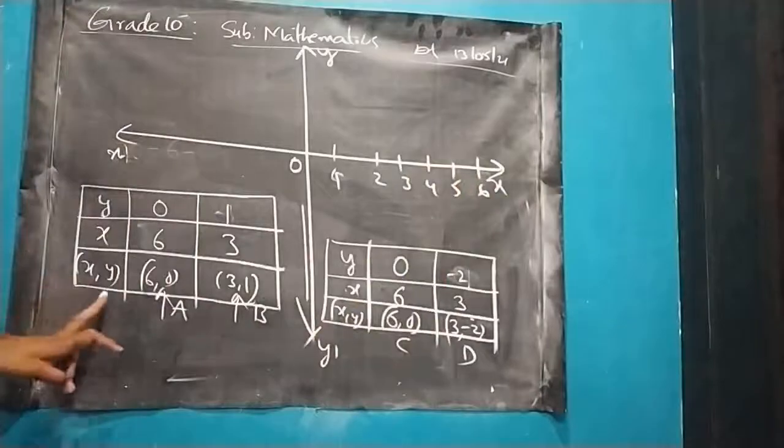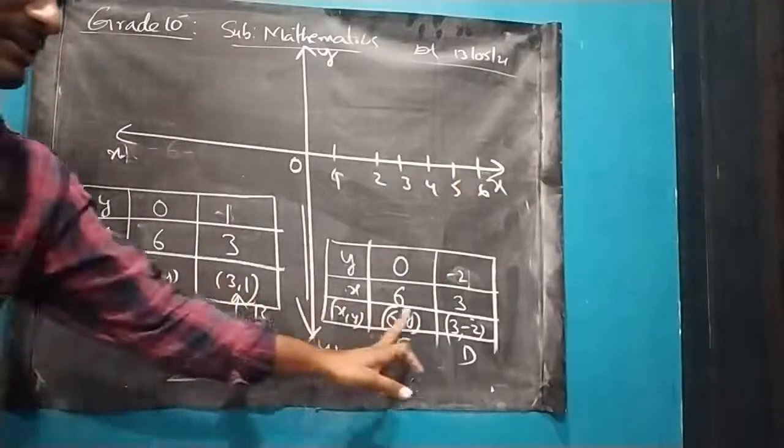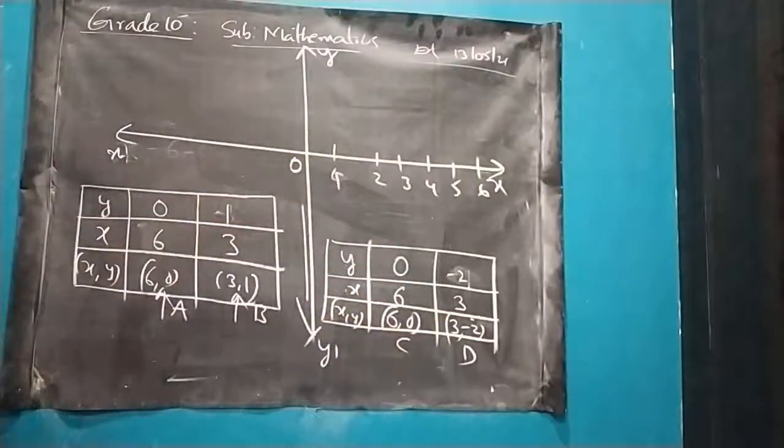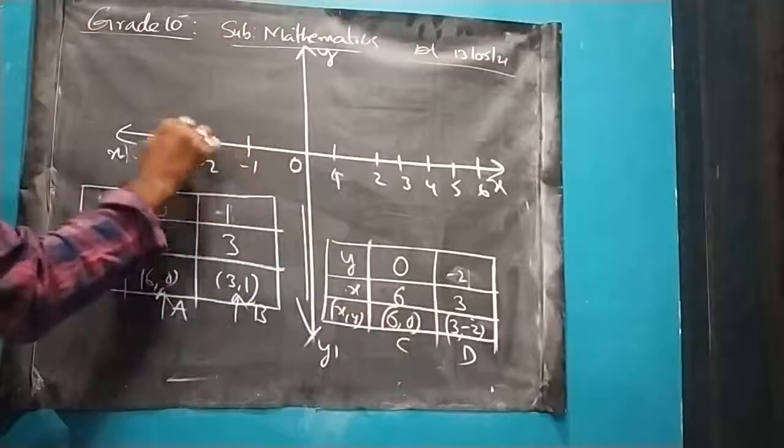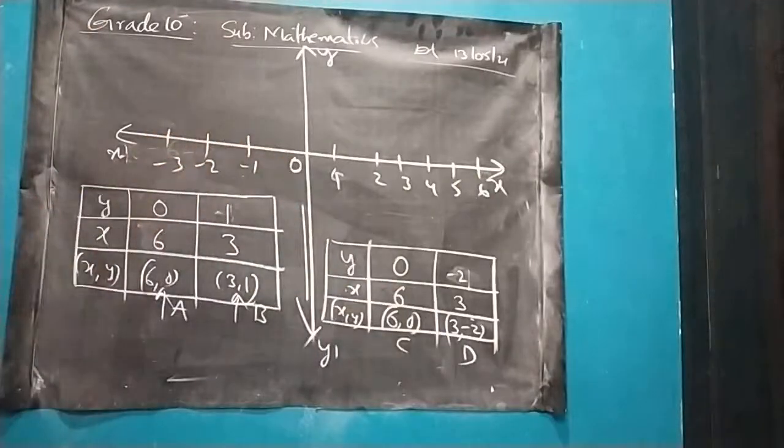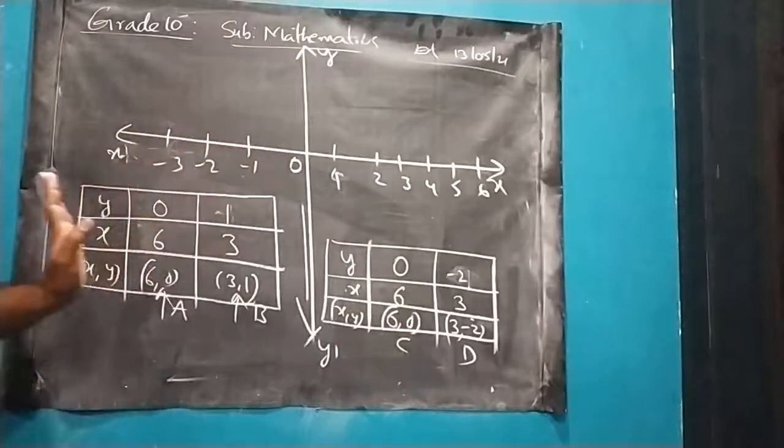So this numbering is also very important. Whatever has the highest value, that we have to plot. Now, are there any negative x values? No. So we can plot up to some number and stop. No problem about that. Why? Because the graph is not going to come this way.